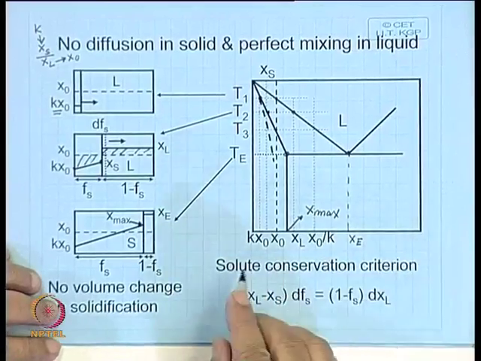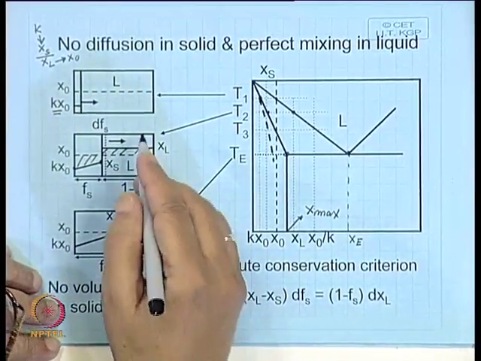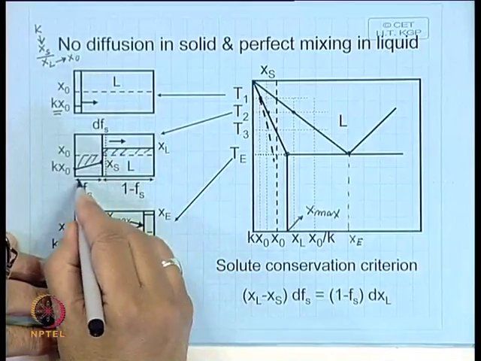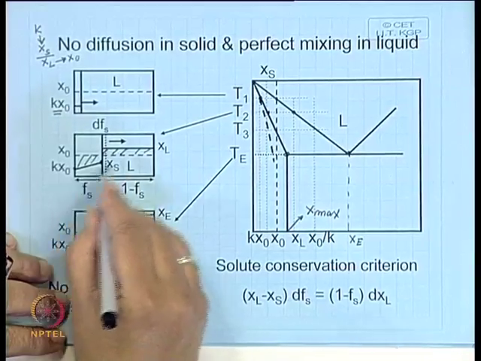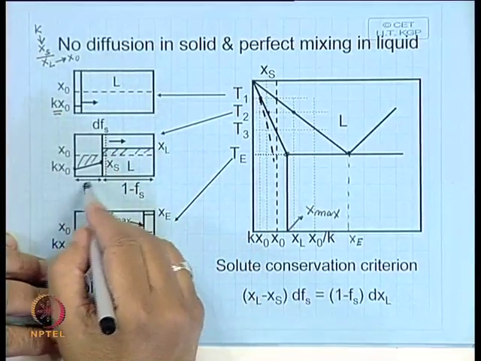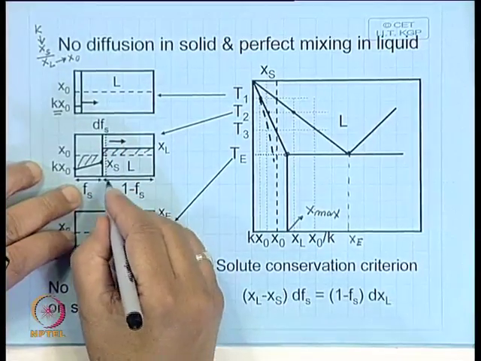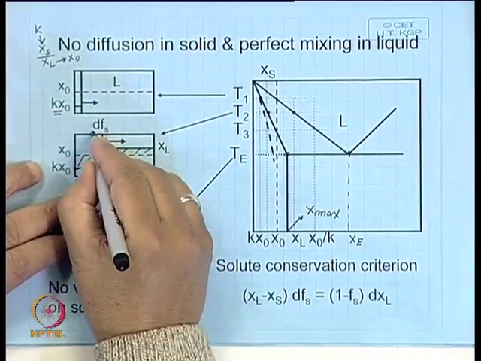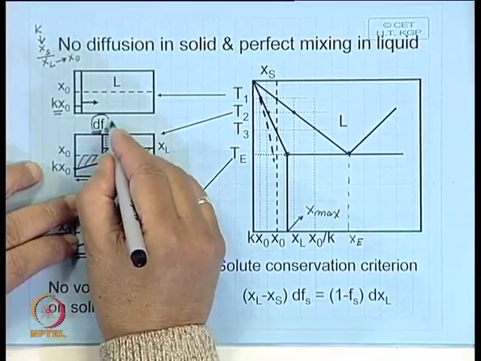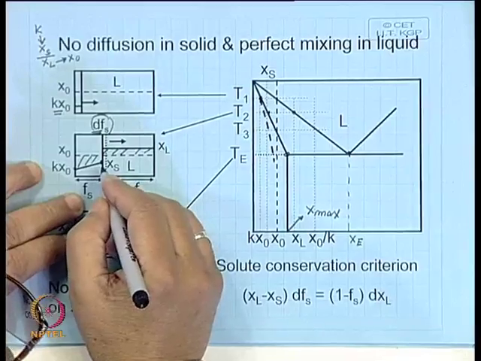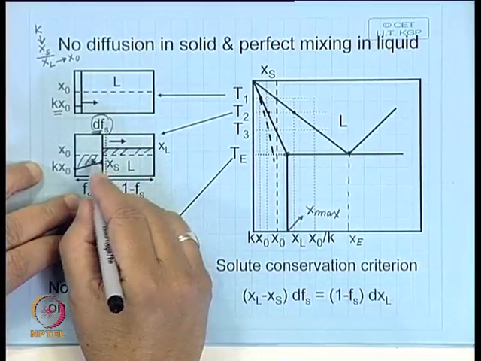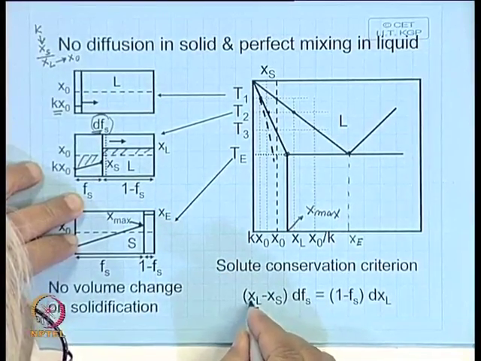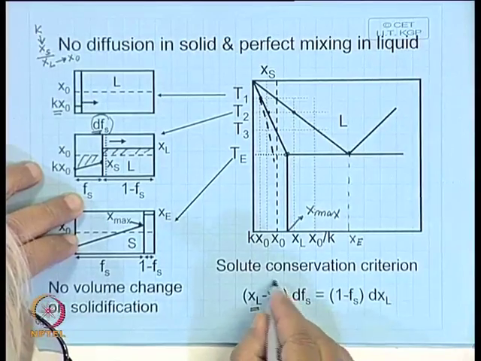Now, if you try to balance the solute transfer from liquid to solid, assume that F s represents fraction of solid. This is the total structure, F s represents fraction solid, and now let us say this interface moves slightly towards right. So, this changes, there is an additional d F s amount of additional solid forming. In that case, how much solute has to be transferred to solid? Obviously it will be the solute concentration difference between liquid and solid, this is x L minus x s. So, this is the amount that has to be